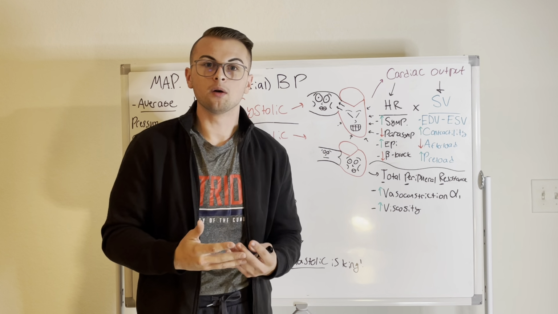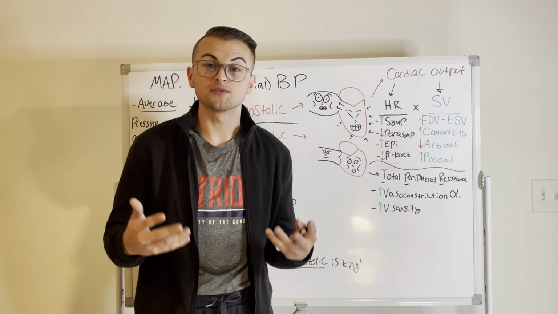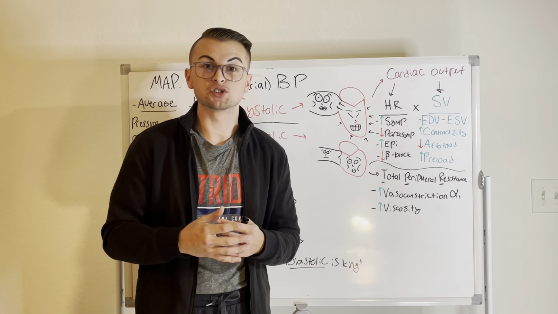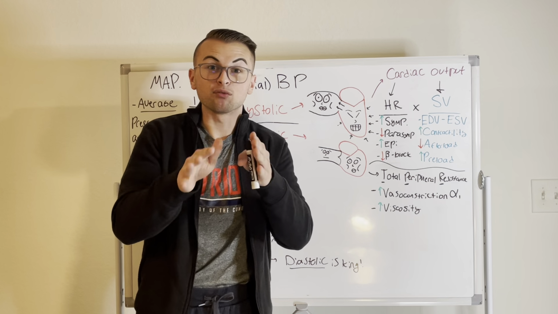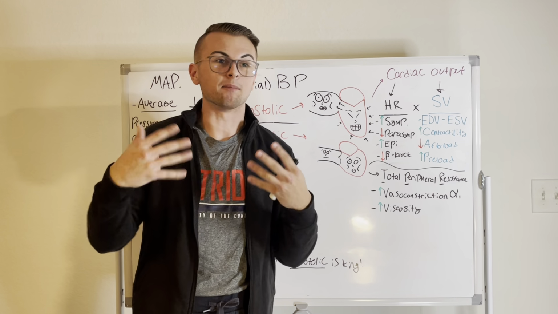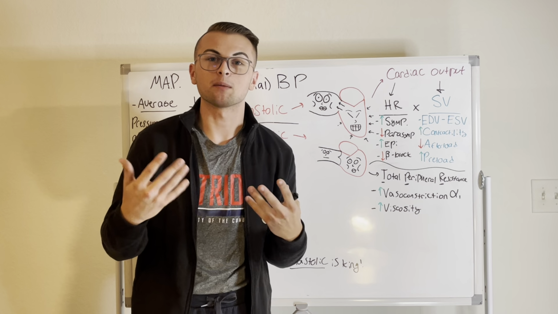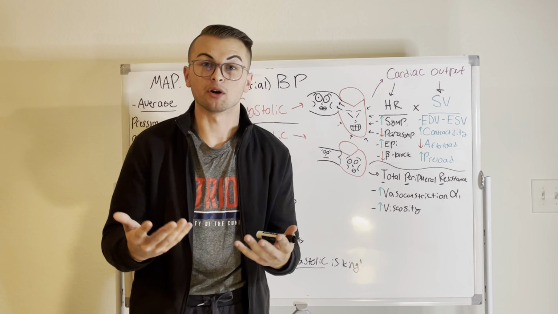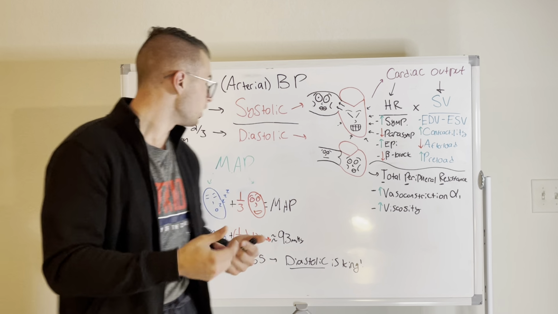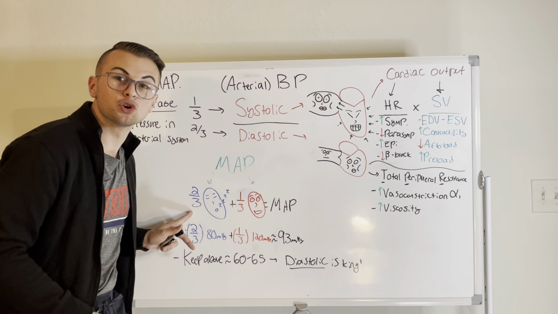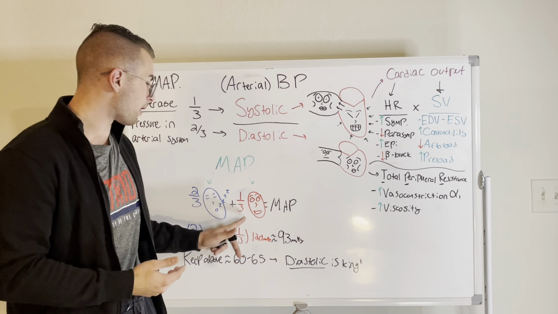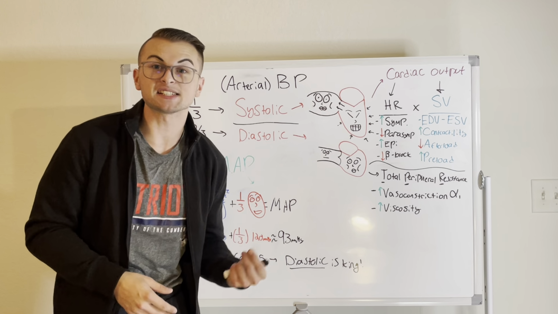Why is this so? Because the heart spends most of its time relaxing. What's the average pressure? Well, the average is the mean between all of the pressures, right? So it makes sense that if our heart spends more time relaxing, it's going to have a greater influence on our mean arterial pressure. In fact, the heart spends about 2/3 of its time in diastole and about 1/3 of its time in systole.